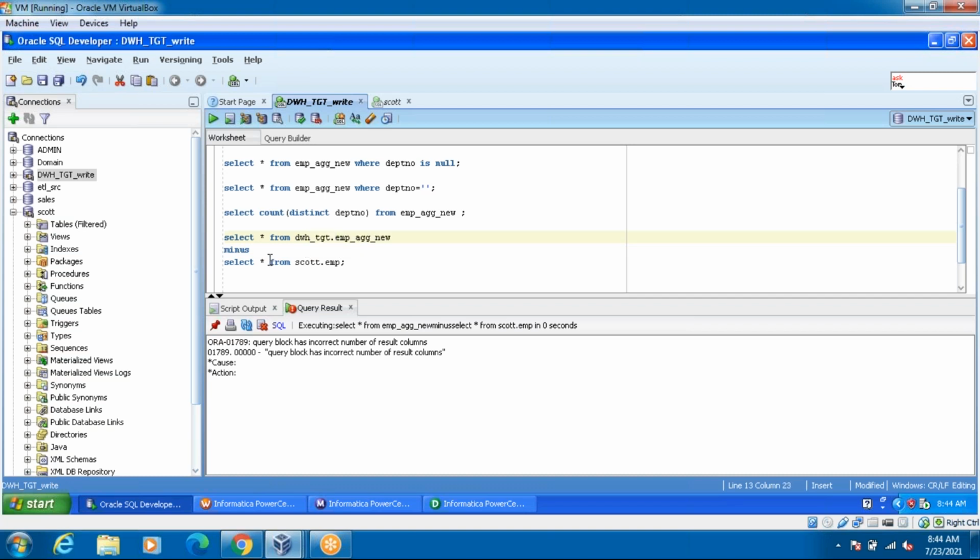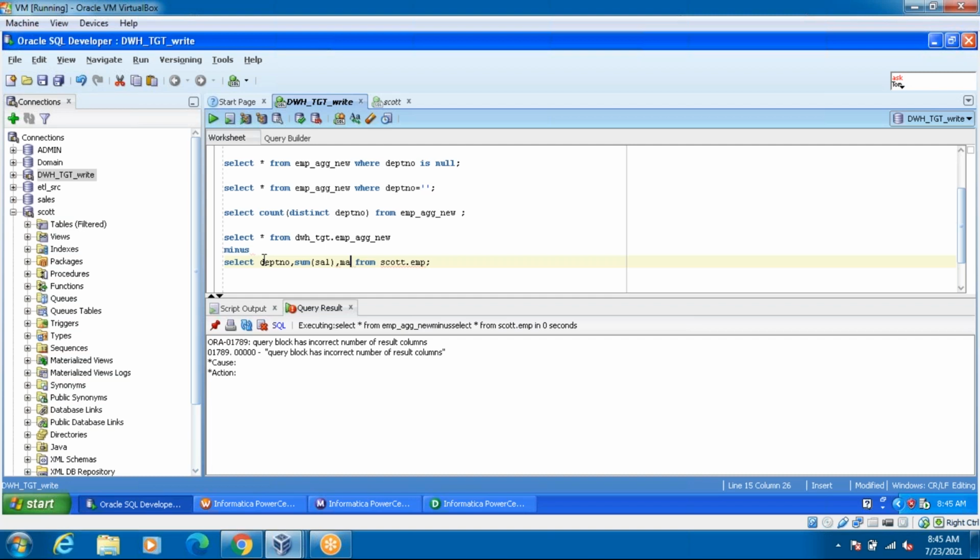Okay, so I'm going to give the columns: DPT number, comma, sum of salary, comma, what is the next?